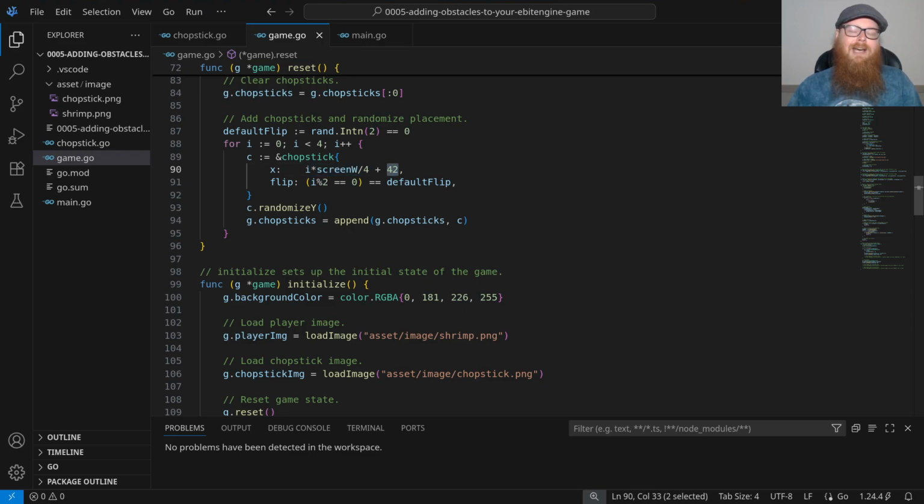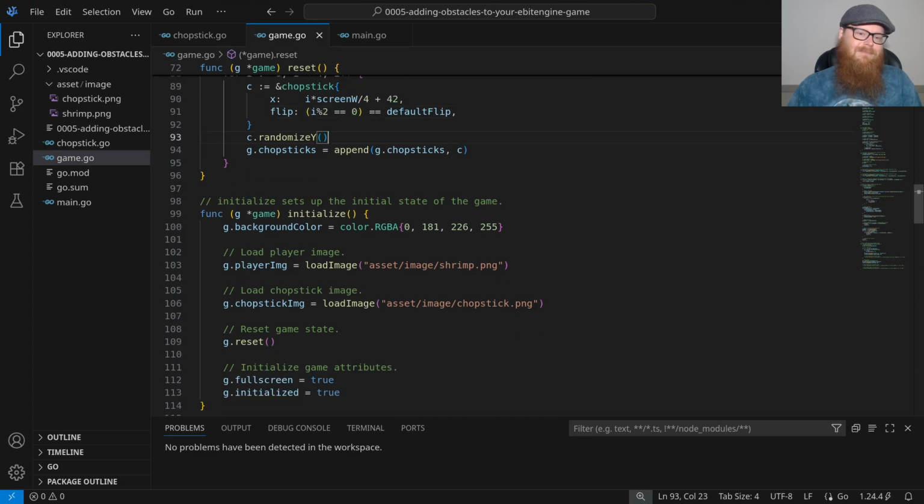And to that we add 42, just to give the player a little bit more of a gap before that first chopstick comes up. And here we set the flip value based on that default flip variable that we set earlier. And we compare that with i modulo 2, or whatever the remainder is of i divided by 2.